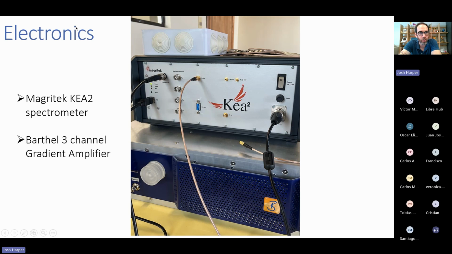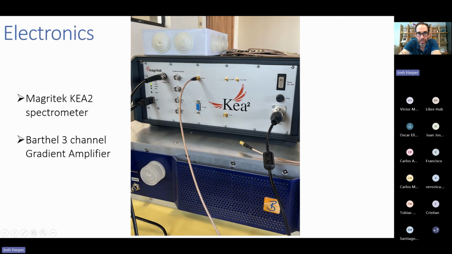In terms of electronics, I'm using a very nice spectrometer made by Magritech, which is the Kea 2. I will say that this whole talk is based on wanting to do the best imaging that you possibly can with this open source system. The spectrometer is really the cost driver. But if you want to do clinical imaging eventually, I think it's pretty essential that you pick a really good